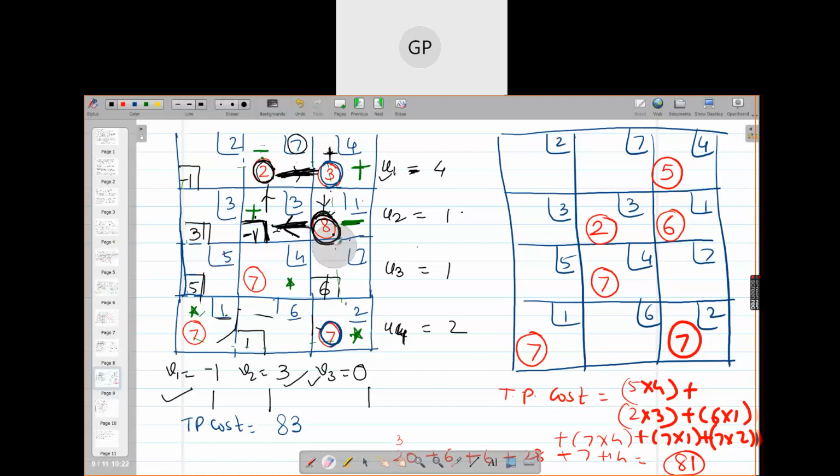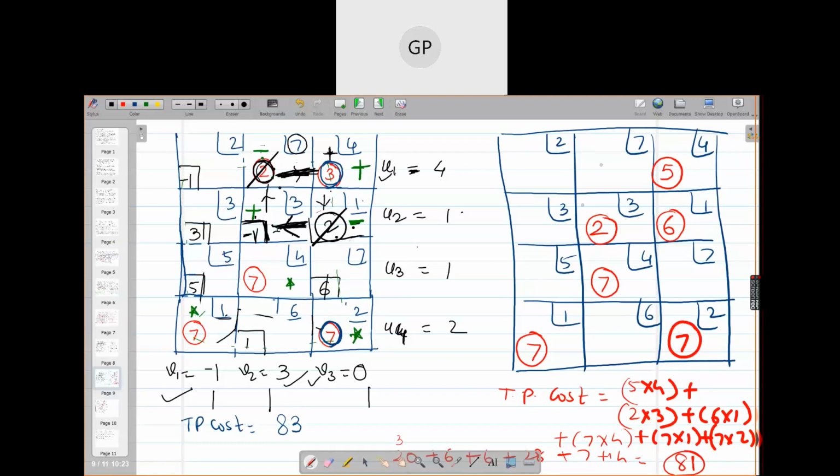But in case, in place of 8, I have the number 2 only, what would be the minimum of 2, 2? 2. So naturally you will take 2 units from here and you will take 2 units from here also. And these two cells at a time will become unoccupied, isn't it? Do you understand it?